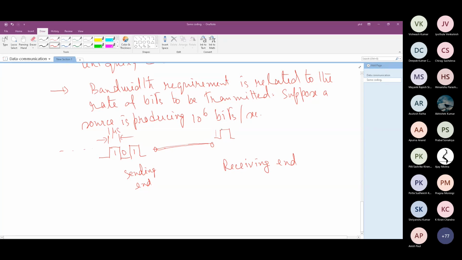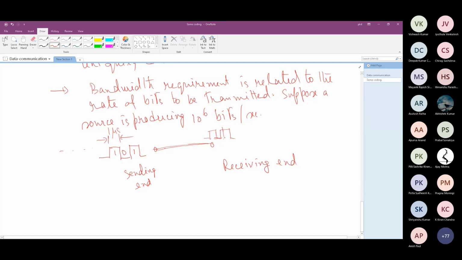So 0 will be overlapped. The next one may start here. And in very severe cases, it may happen that these two ones are merged, and